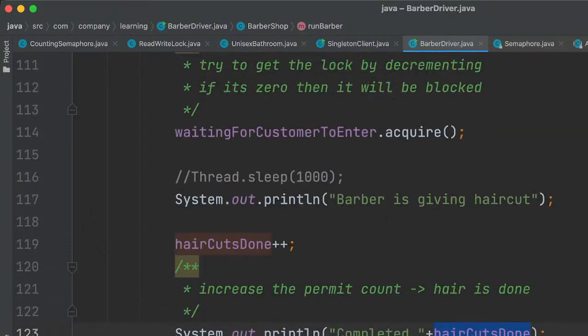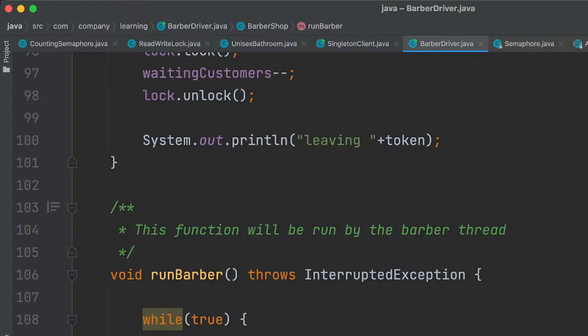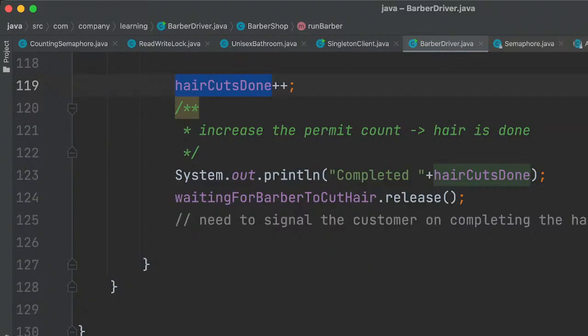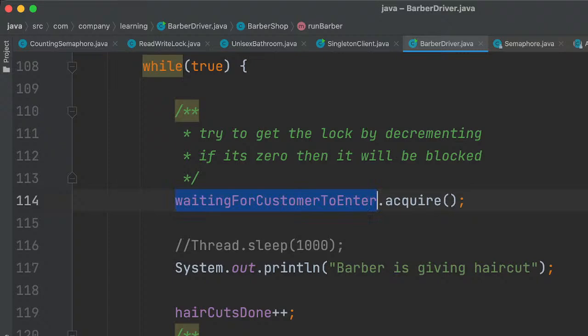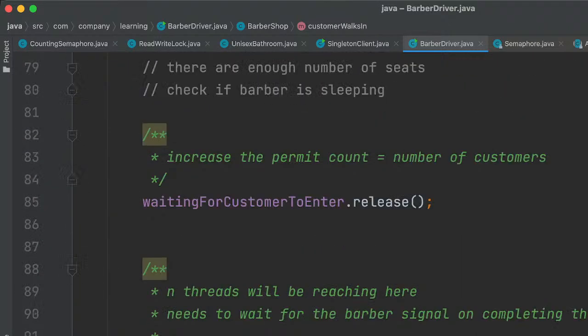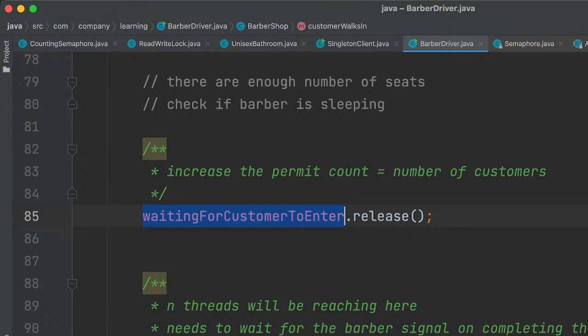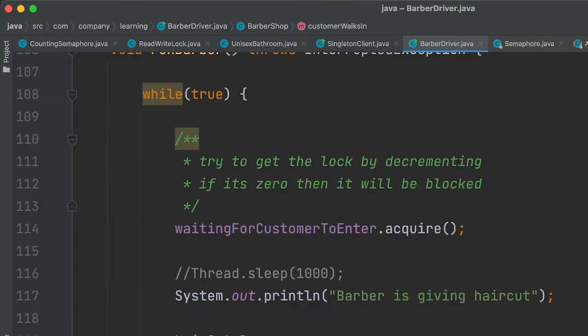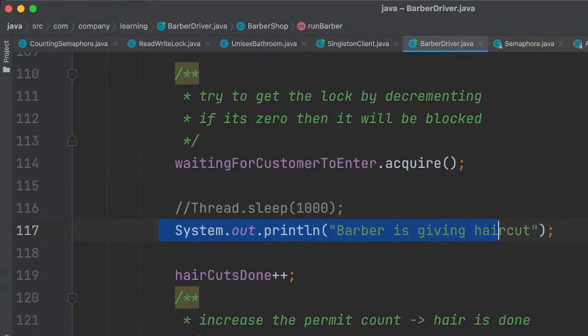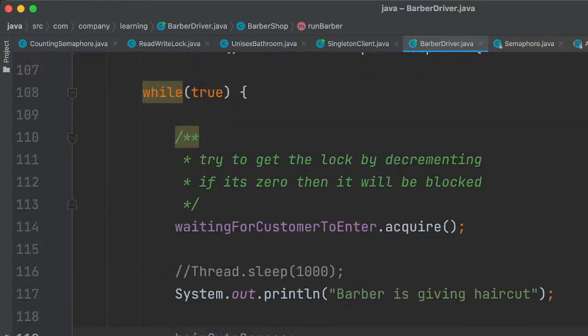Suppose for the first person, let's assume that it comes in, acquires this lock, releases the permit, which eventually comes here and this will increase, so the barber starts giving haircut and haircuts done, and at this point of time there are multiple threads coming here at the end.